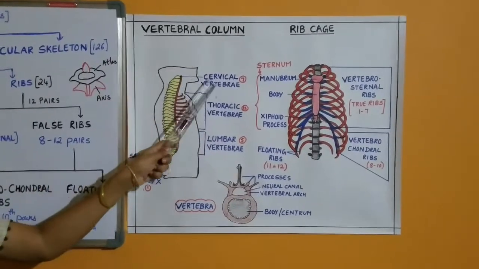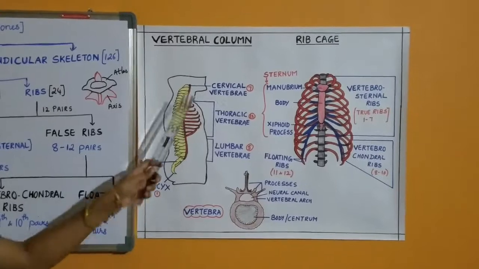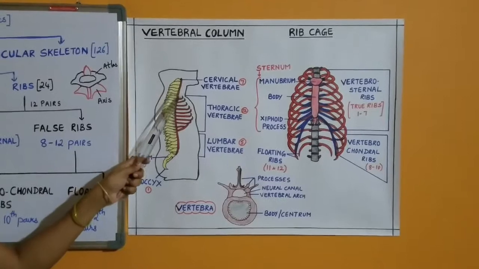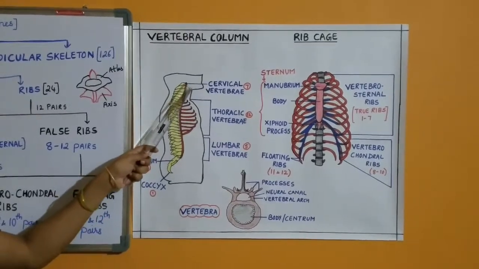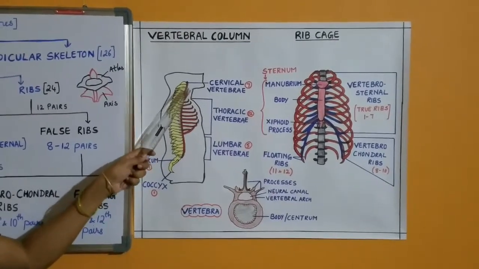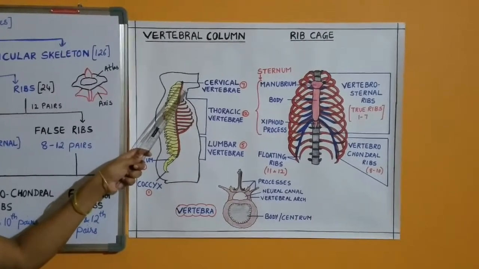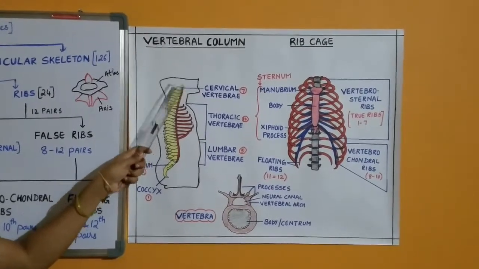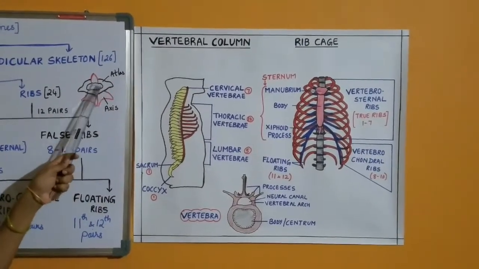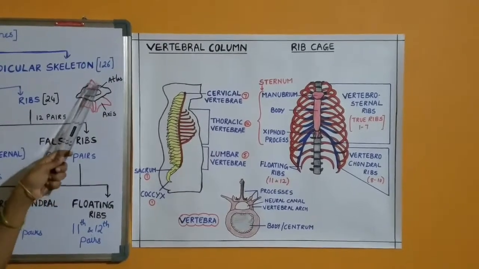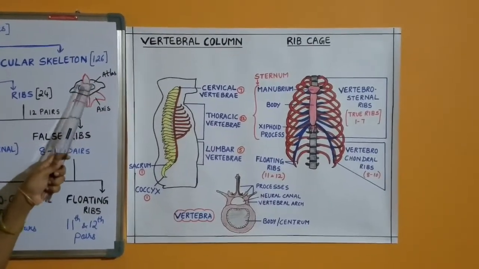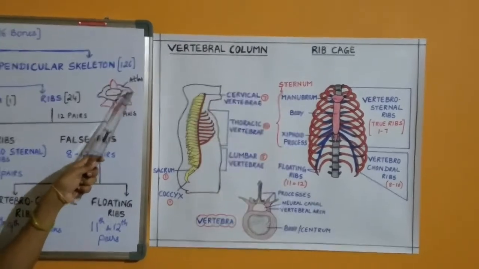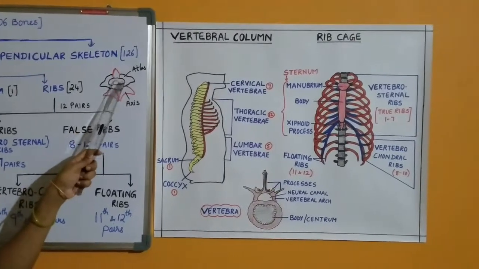The vertebral column is made up of 5 types of vertebrae, and the first one is the cervical vertebrae, which are 7 in number and present in the neck region. The first cervical vertebra is called atlas and the second one is called the axis. The atlas attaches to the occipital condyles of the skull. The atlas has an odontoid canal and the axis has the odontoid process. The odontoid process of the axis fits into the odontoid canal of the atlas and helps in the rotation of the head.